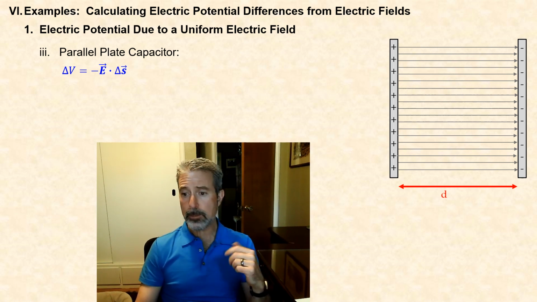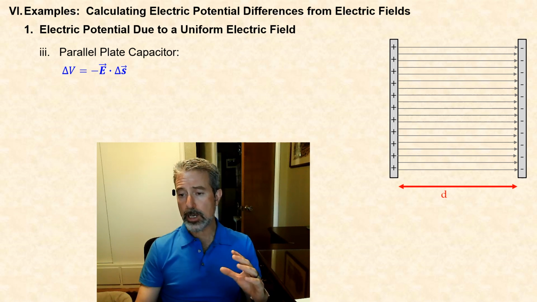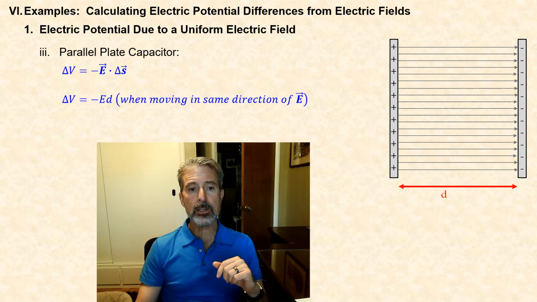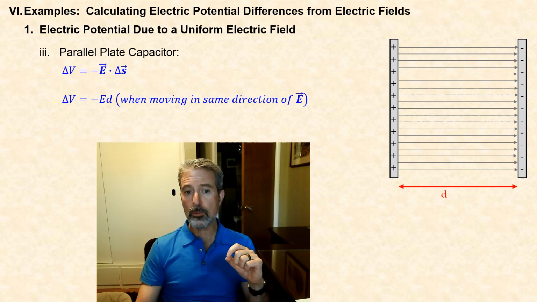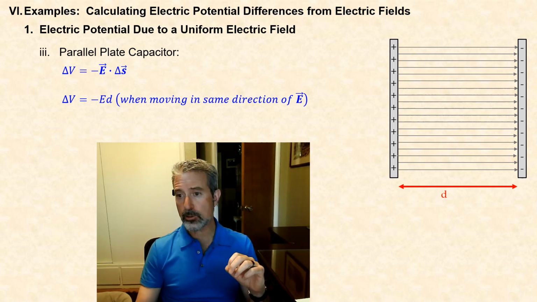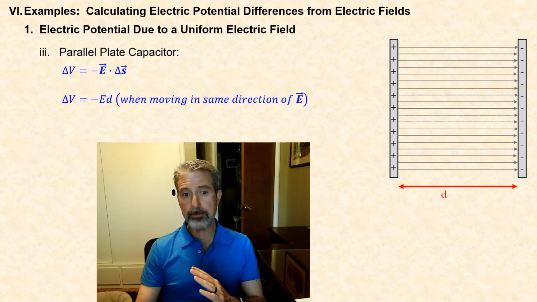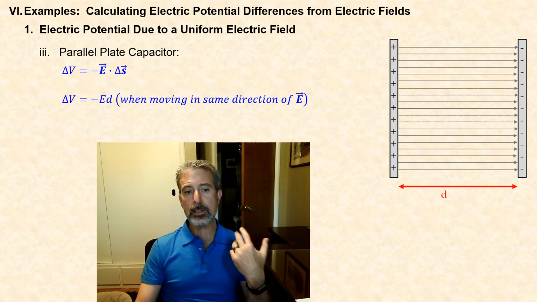And we would say that the potential difference can be positive or negative, depending on whether we're talking about going from the negative plate to the positive plate, or vice versa, from the positive plate to the negative plate. So here we'll say that when you're moving in the same direction as the electric field, that is, if your starting point is a positive plate and your ending point is the negative plate, then we would say